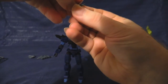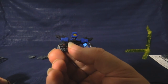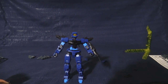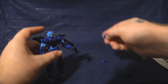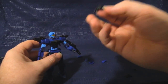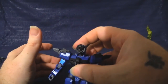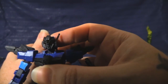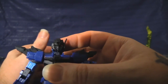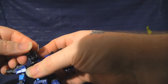It does have a V-fin on there, which, even without it, it looks pretty good. You can't tell. Well, let's see how well you can tell, because this face piece, this little aqua mask, has to come off. And then we moosh that right in there. Now, that looks pretty good. If I had my lights, you can still barely see the orange plate behind that. It looks alright without the V-fin, but of course you do have the optional V-fin, which,